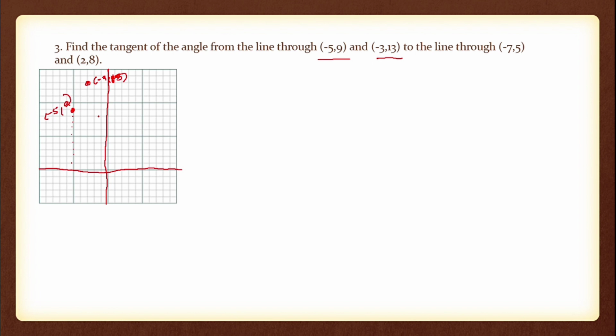Alright, so next we have the line through negative 7, 5. Okay, this is negative 7 and 5. Next we have 2 and 8. 2 and 8. So if we're going to connect this,